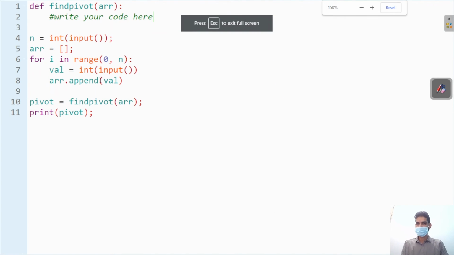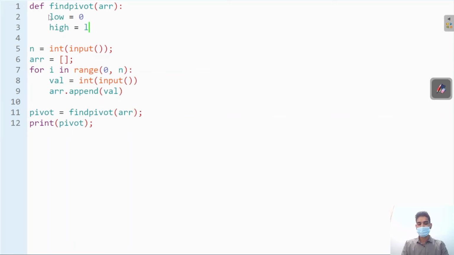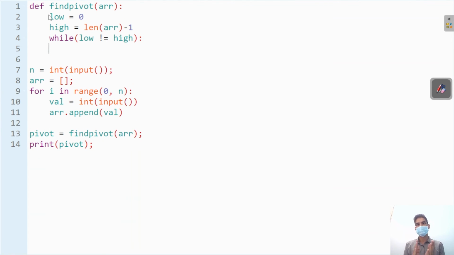Okay. Now what do I have to do? I have to create 2 pointers. Low, which is at 0, high, which is at the last index. Last index means length of array minus 1. Simple. I will run this loop while low is not equal to high. Simple. As I said, when both become equal, I have to return that answer. Okay. What will I do? I have to check if